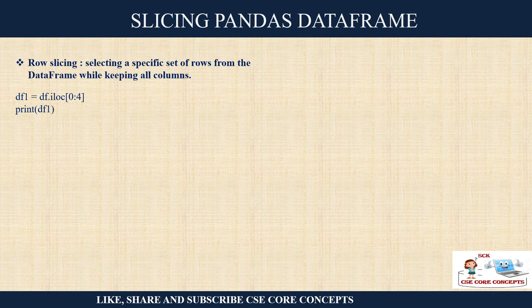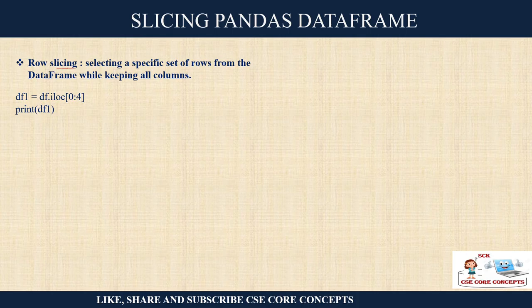So let's get started with the basic functions of the Pandas library, that is slicing. So what is slicing? We have been discussing slicing in our earlier videos on data types, where slicing means, when you have a complete lot of data and you are not interested in viewing all the data, but you just want to view a portion of that data.